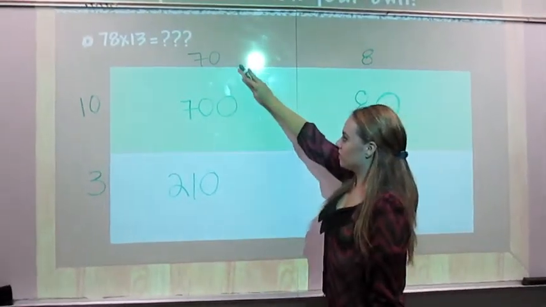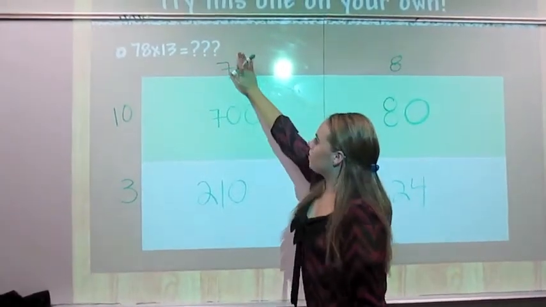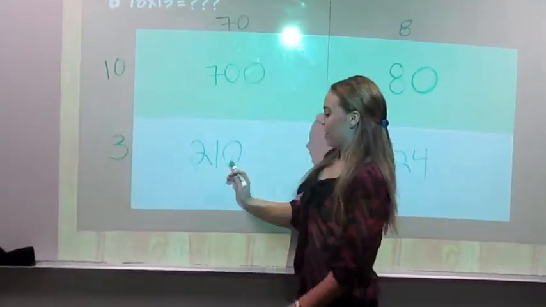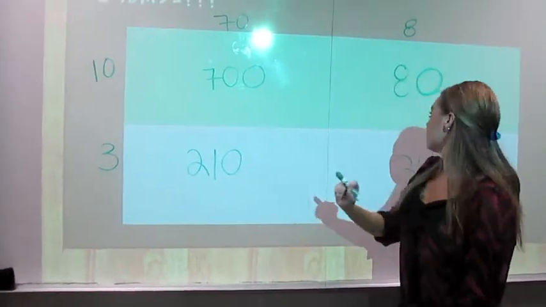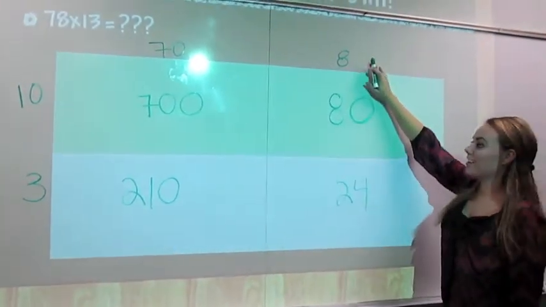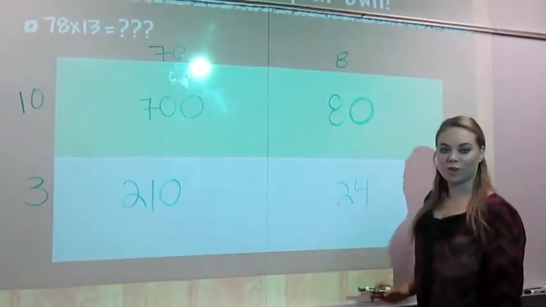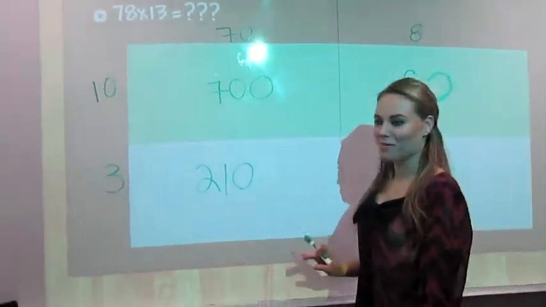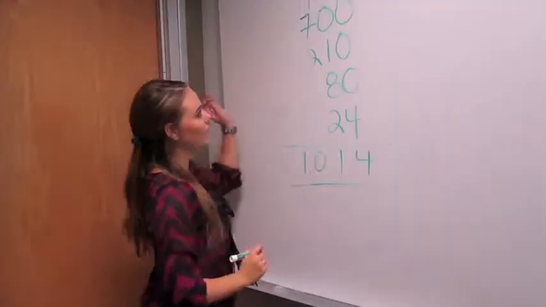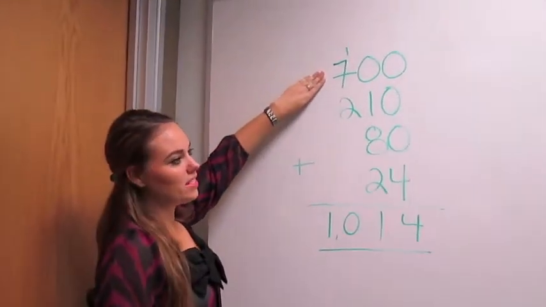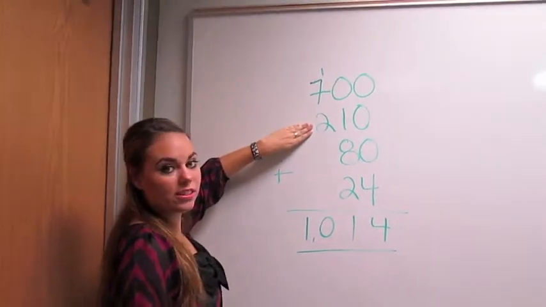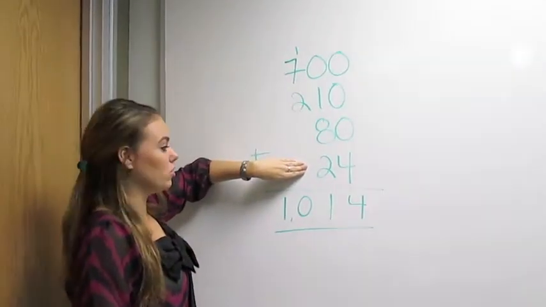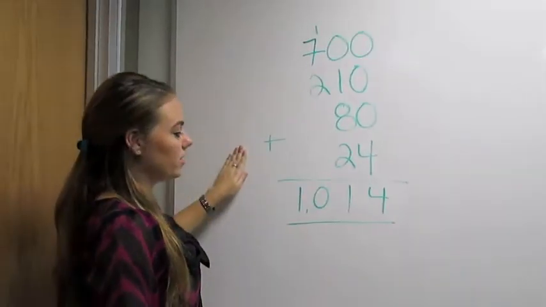We must have jumped next to 70 times 3. Cover up that 0, 7 times 3 gives you 21, and add our 0 back so that we have our hundreds. Lastly, you must have done 8 times 3, which is one of our basic math facts, 24. Now let's see how you did adding them all together. We had 700, 210, 80, and 24 in our math table. And that added all together gave us